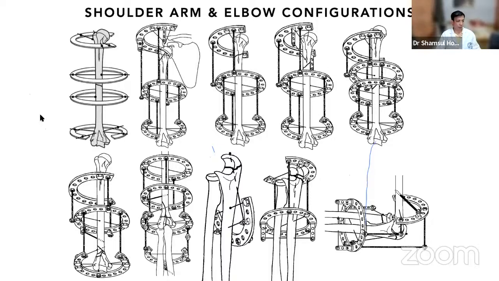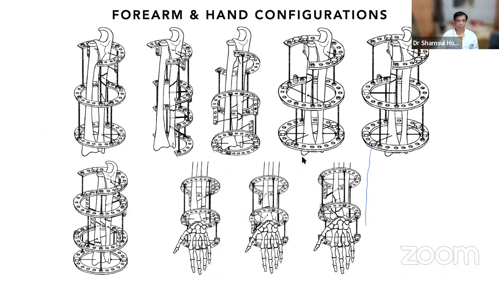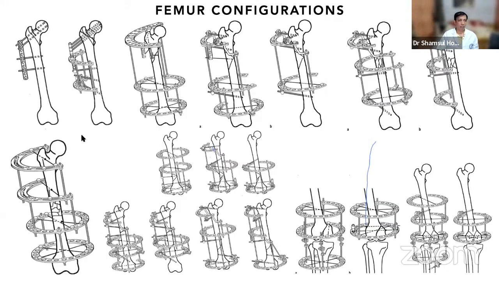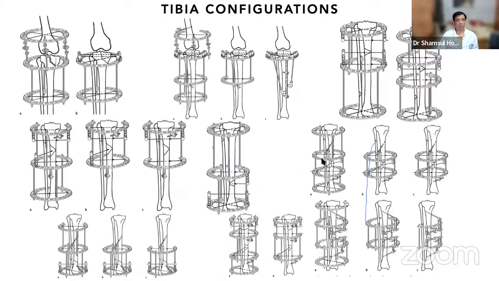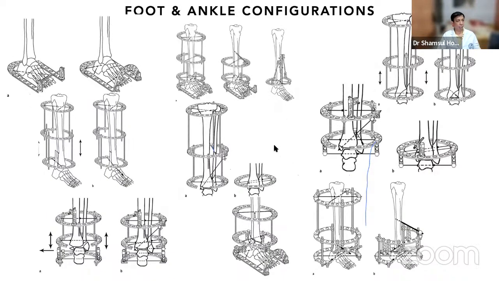We should use with the Ilizarov instrumentation in the upper limb. These are the humerus, arm, distal humerus, the elbow, olecranon, elbow joint, the forearm, the wrist, the femur, knee joint, tibia configurations for different parts and different fractures, different deviations. Should have a picture of this. These are the different foot and ankle configurations for foot and ankle fixation or the deformity correction.